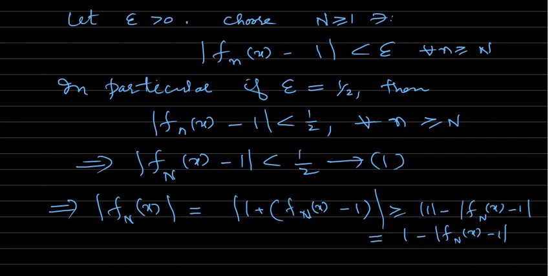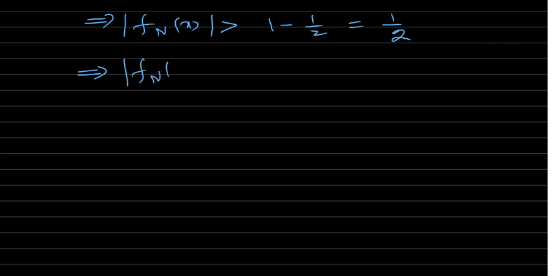Will be greater than minus 1 by 2. So this is greater than, which implies mod of fn x is greater than 1 minus 1 by 2, which is equal to 1 by 2. So that also means, if it is greater than 1 by 2, it is also greater or equal to. It also means that fn x is greater or equal to 1 by 2, which implies that,